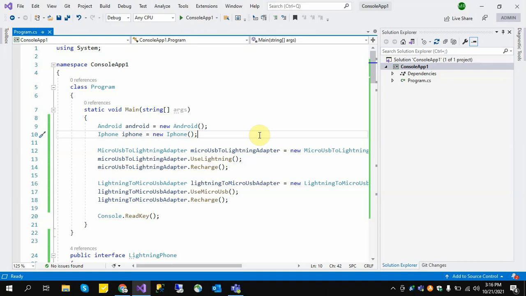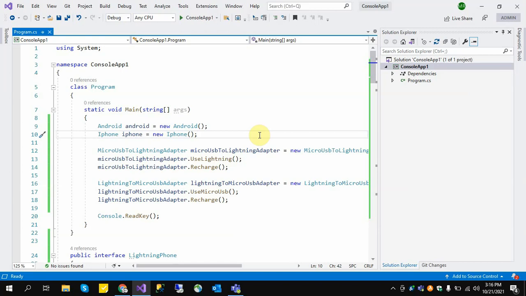So here comes the adapter design pattern. The adapter design pattern works as middleware between the A and B interfaces. Adapter C will connect A to B. For example, A connects to C and then C connects to B. So A connects to B independently by using the adapter design pattern.